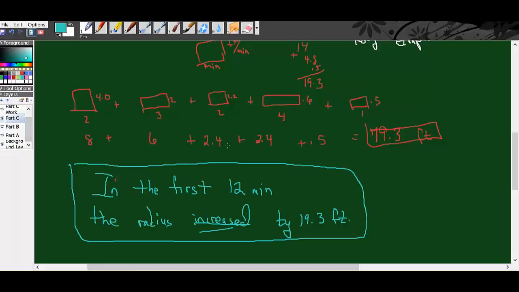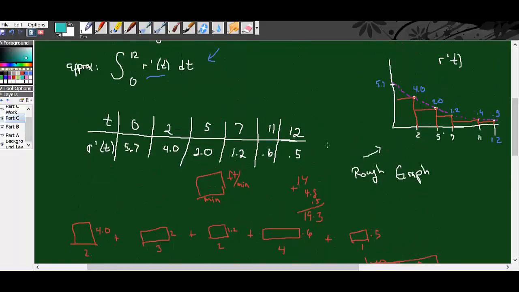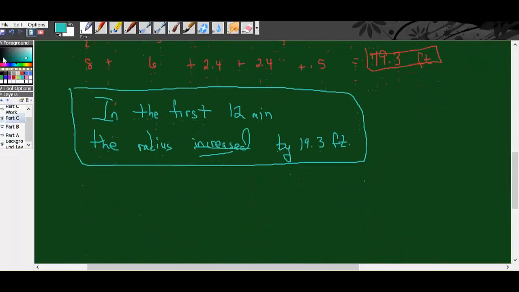Now finally the last question, D. D asks, is your approximation in part C greater than or less than the actual value? Well, look at my little sketch here. Is my Riemann sum greater or less than? My answer to this one, this would be part D: the estimation is less than the actual value